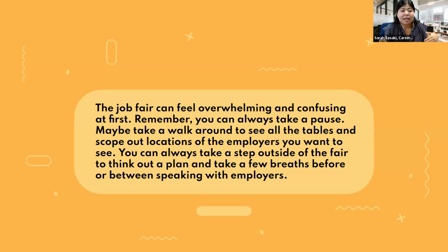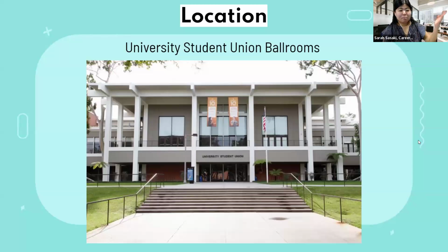If you just need to collect yourself, take a few breaths. Everyone will be given a wristband, and that shows us you've checked in already and that you can go in and out, especially if you have a class you need to go to, but you need to come back to the job fair later. Then you can come in and out of the fair. So again, it'll be in the USU